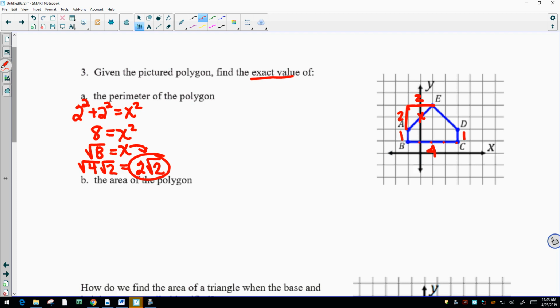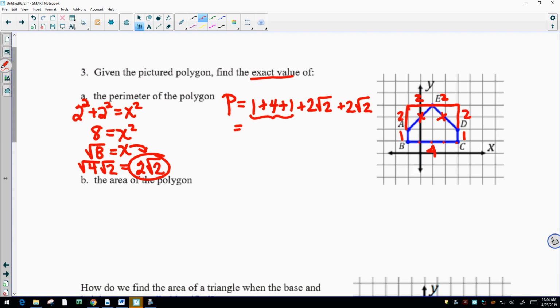The nice thing about this is I can see this other side over here is also that same length because it's also formed by a triangle that's 2 by 2. So when we're finding the perimeter, I want to add up all the sides. So I have 1 plus 4 plus 1. And then we have our two sides that are 2 square roots of 2. So I have one that's 2 square roots of 2, another that's 2 square roots of 2. Okay, so when we add these,